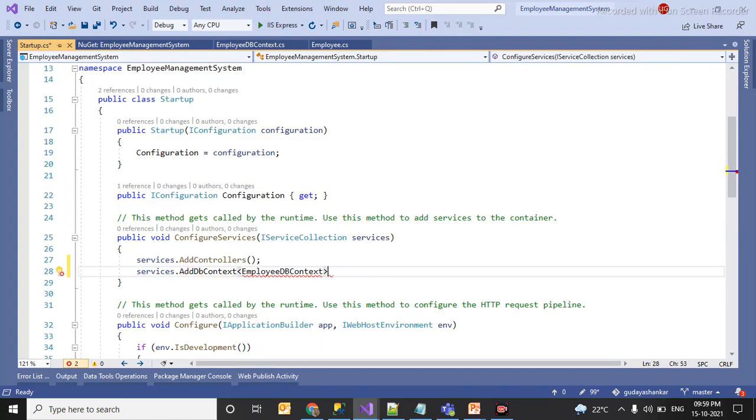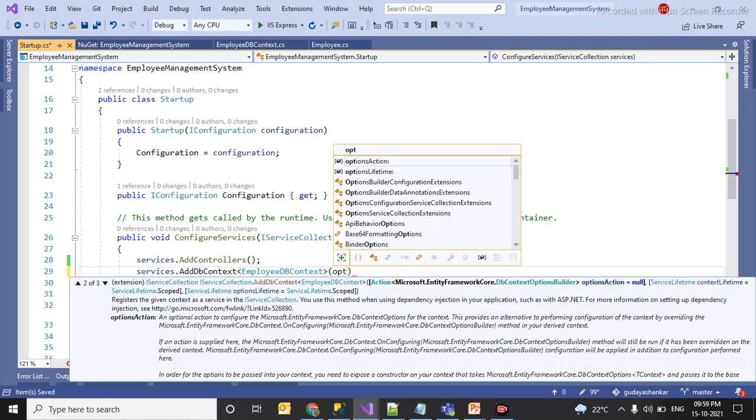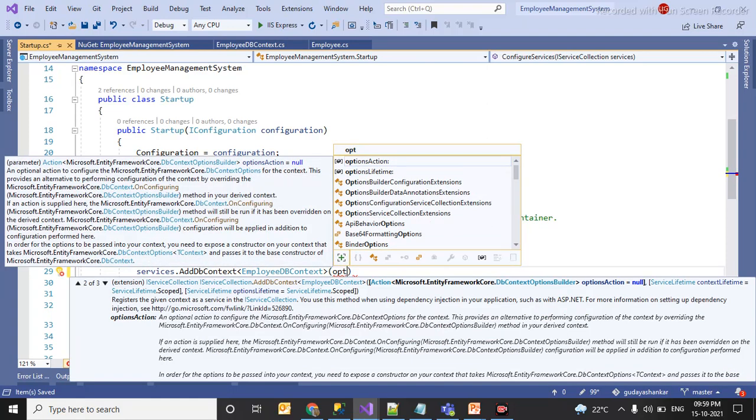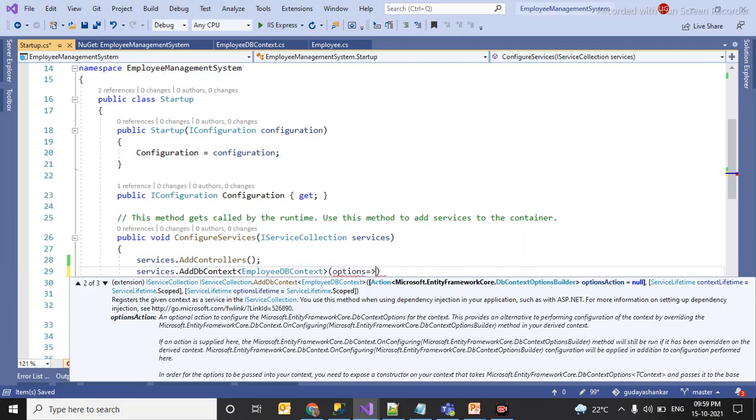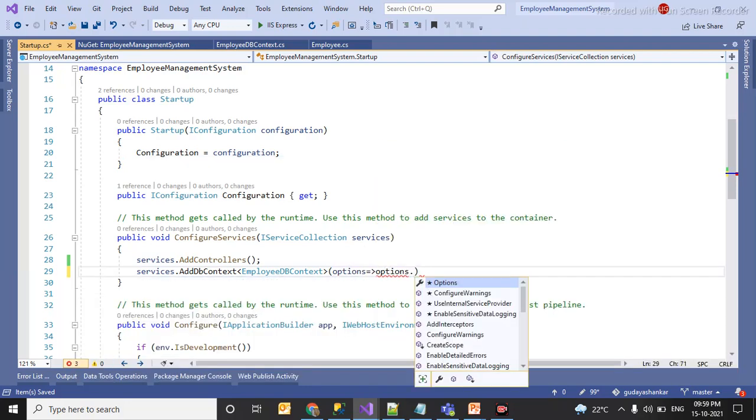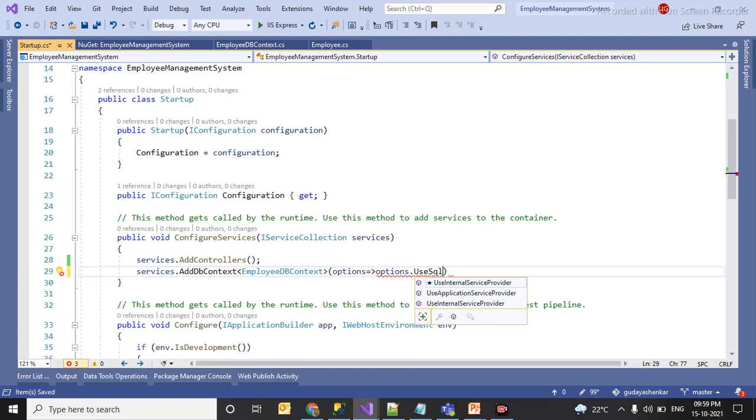Here you have to use a lambda expression. Let me include this namespace here. So let me use options dot UseSqlServer, then we have to use our connection string. For that we have to use configuration.